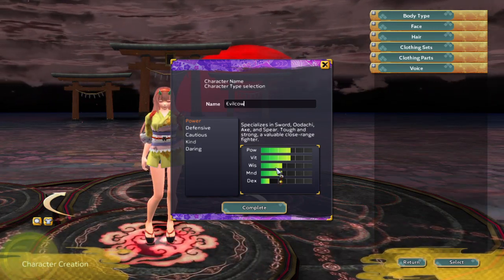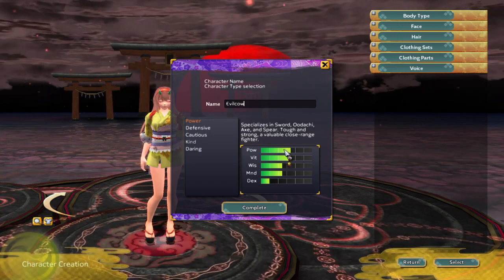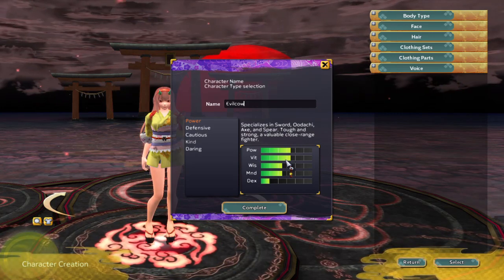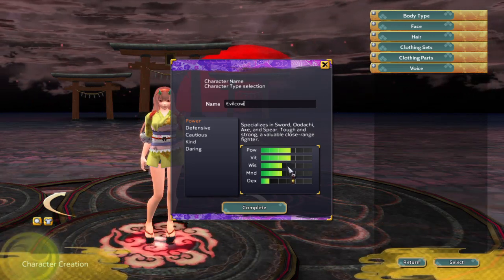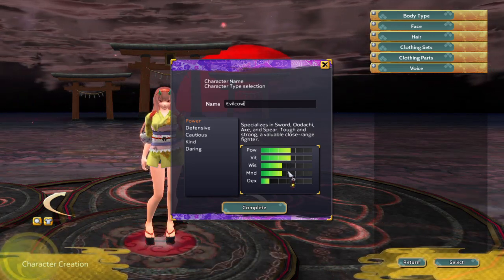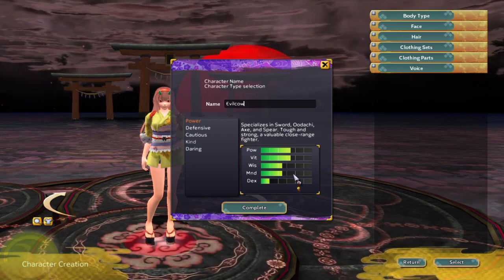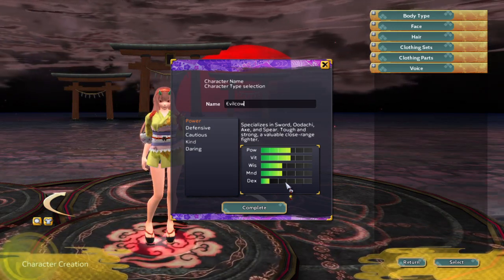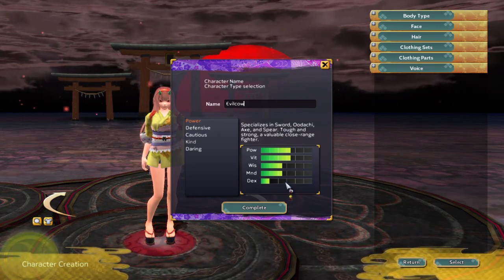So like I said, power is going to be mostly for swords, odachi, and axes. Vitality is going to complement spear. Wisdom is going to complement wand users. Mind is going to be complementary for staff. And dexterity is going to be for your twin swords and your bow. And so